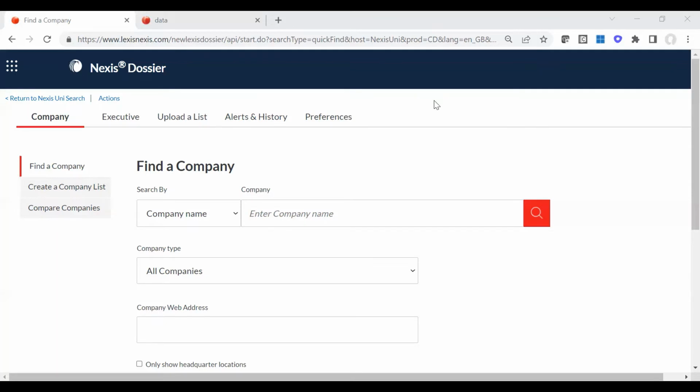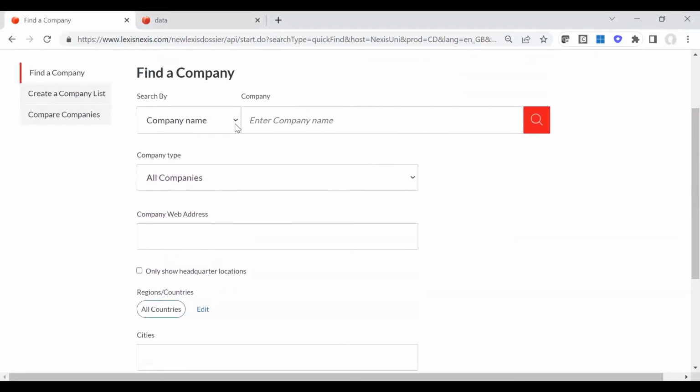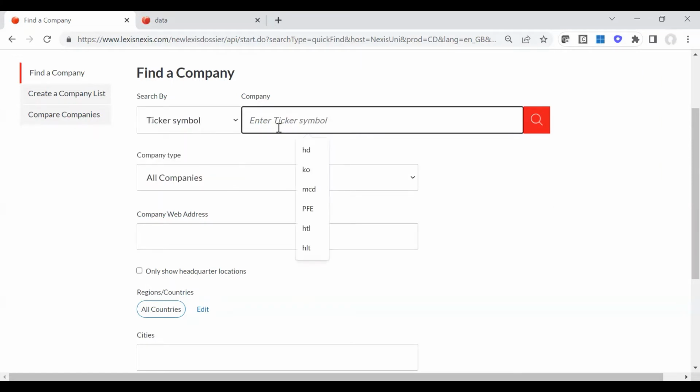So number one, find a company. I just want you to be aware that these are your options. If you know the company name, you can put the company name in. If you know the ticker symbol, you can put the ticker symbol in. But if you do not know, that's okay, and I will explain. So I'm going to go ahead and do a ticker symbol. I'm going to do KO,